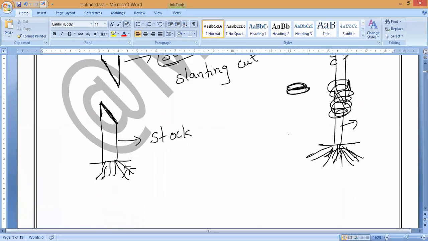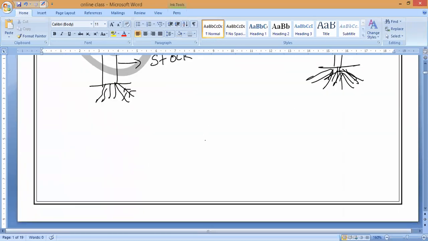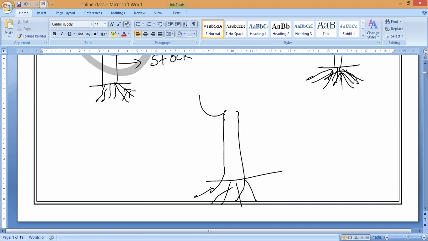For example, in our home you have a certain kind of mango tree. As I said, you are not interested in eating those mangoes, as they are not that tasty. So what you can do is take a branch of that mango tree and cut it into a slanting position.